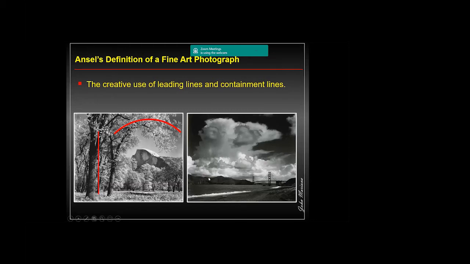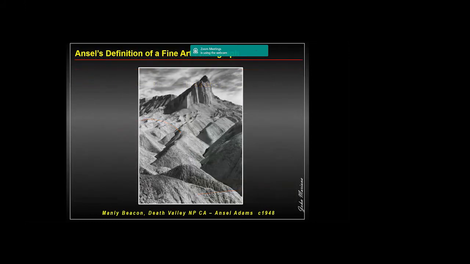Those are called containments. If you look at the Bay Bridge, there's a leading line, the water leading you right to the bridge. So he had to position himself to get to that location. This is one of the lines leading you right up to what he wants you to see. And we'll come back and see that again. So those leading lines